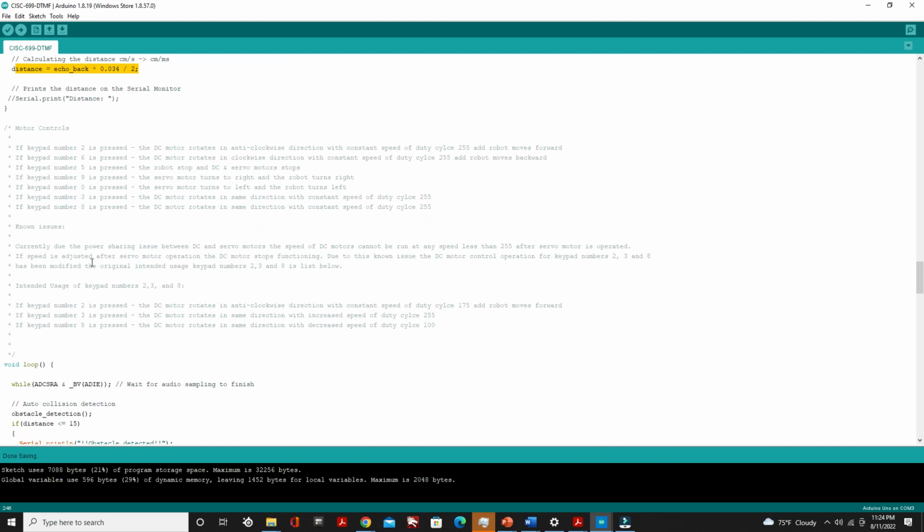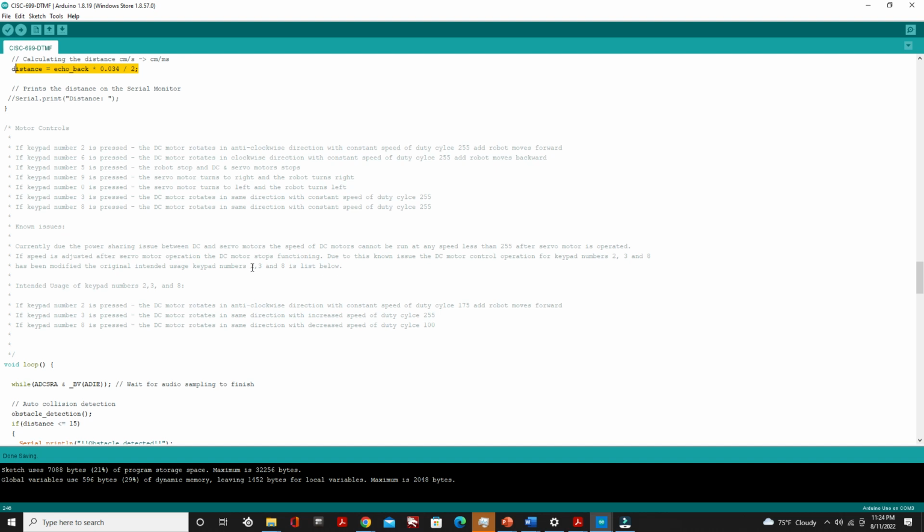The known issue I have is the power sharing issue between the DC motor and the servo motor. The motors cannot be run at any speed less than 255 duty cycle, because if I operate the servo motor and try to reduce the speed, the DC motor actually stops. Better than stopping, I have